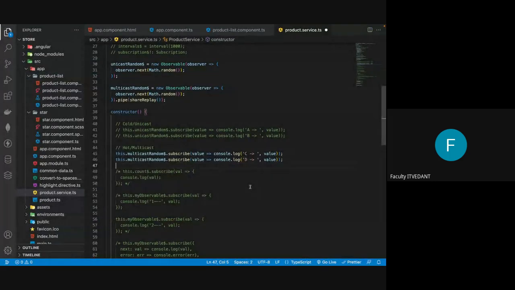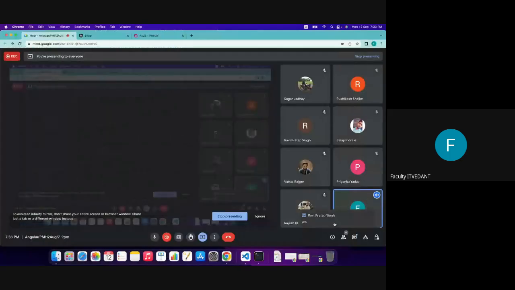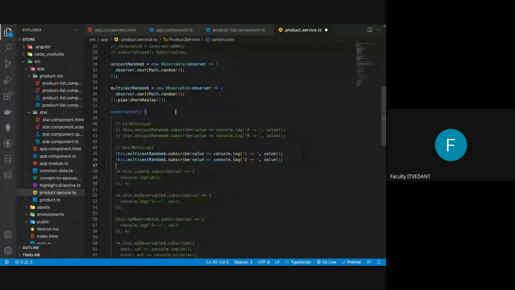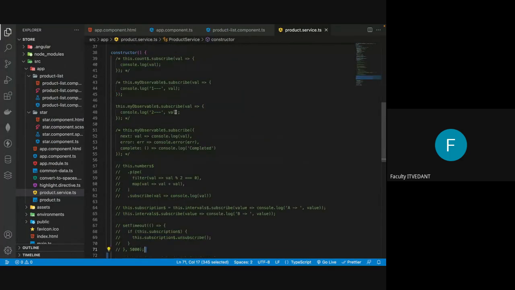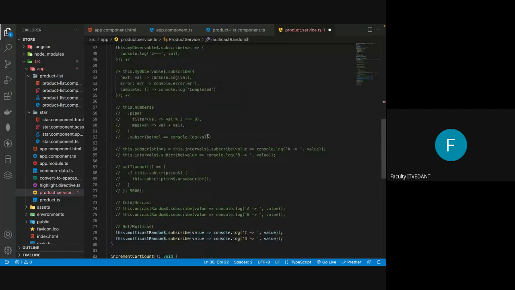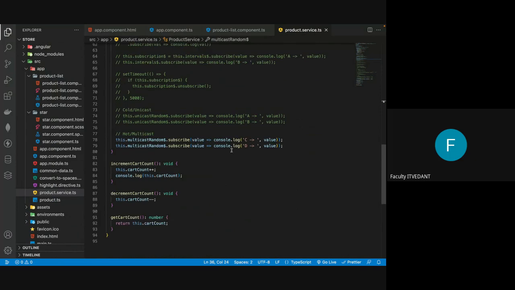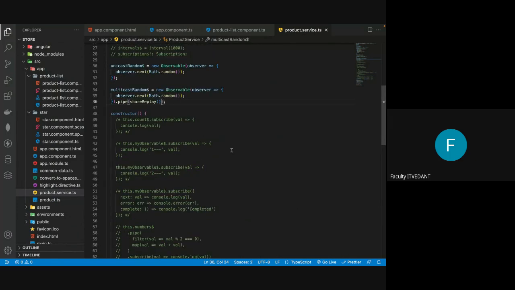So this is one of the ways you can implement multicasting. Now, if you have any existing observable, you can implement multicasting on that observable. But there is one limitation here. Rather, it is a limitation of the observable itself, because when we say an observable,